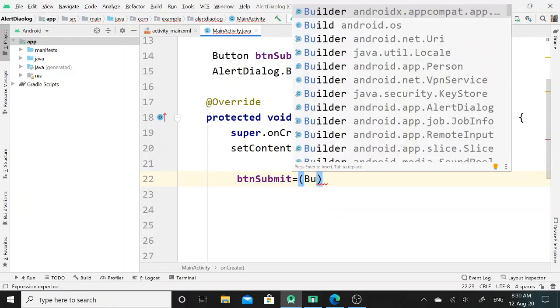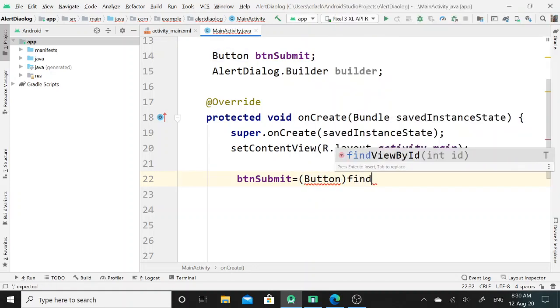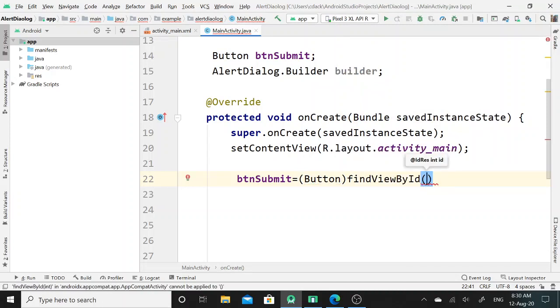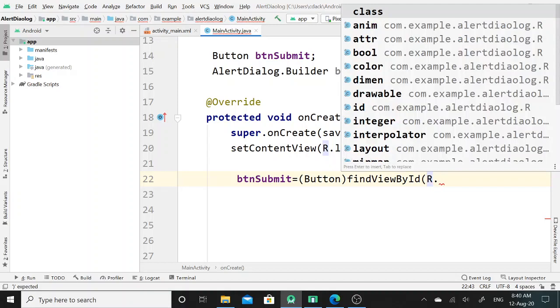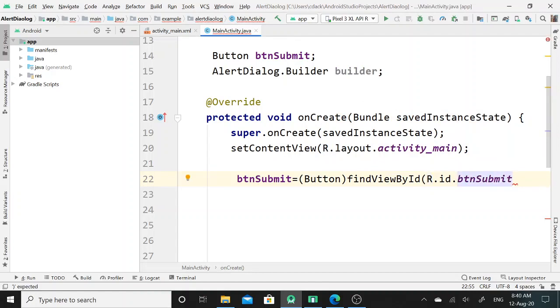In parenthesis I will call button class. Then with the help of find view by ID method, I will assign ID of button UI widget to this btn submit reference. So where I can find ID of button UI widget, it is present in r dot id dot, here I will get btn submit ID of button UI widget.